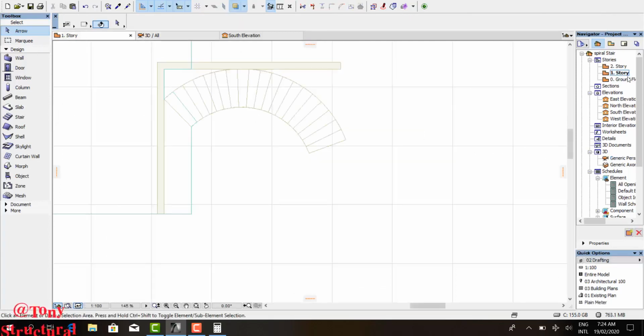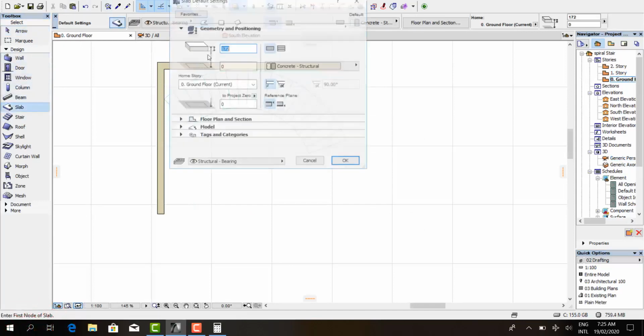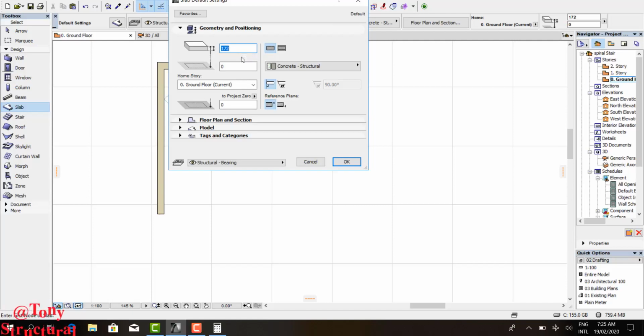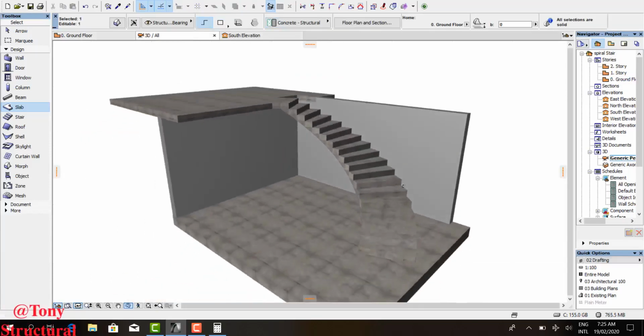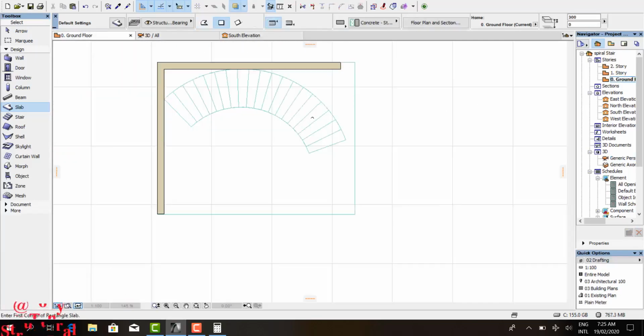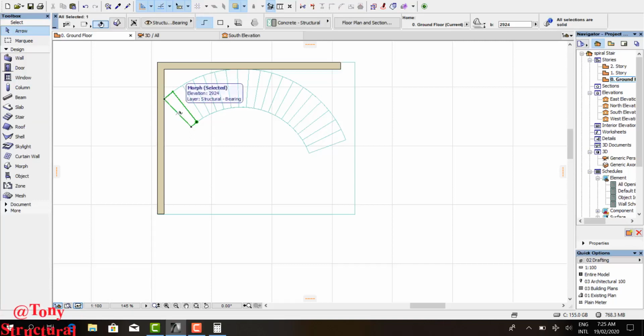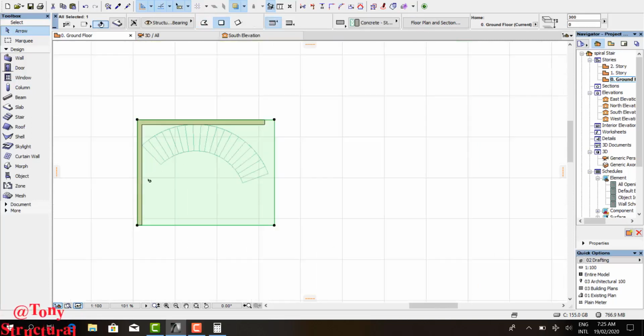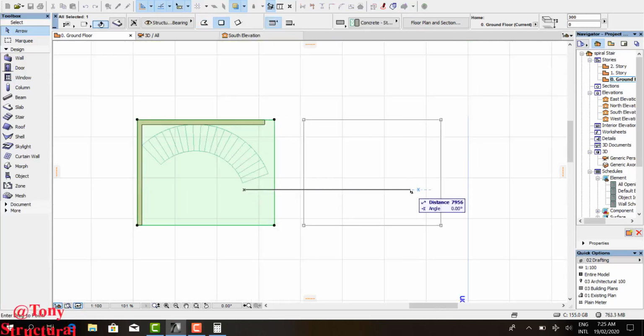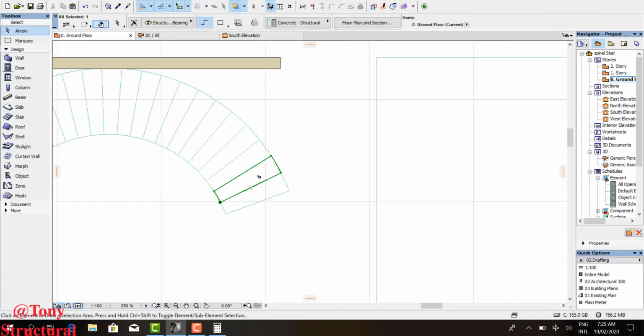Let's put this slab on the flat wall. Let's change the thickness of this slab. Let's have it to be 300. Let's use this rectangular geometry. And we'll have it this way. So we can go ahead and select these morphs. I think I should take this away a little. You can go ahead and select these morphs